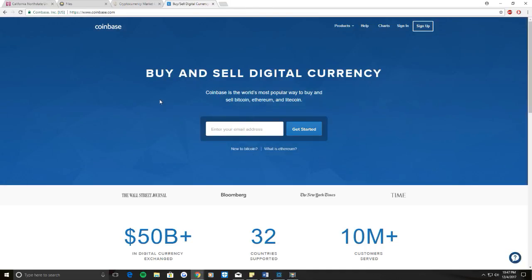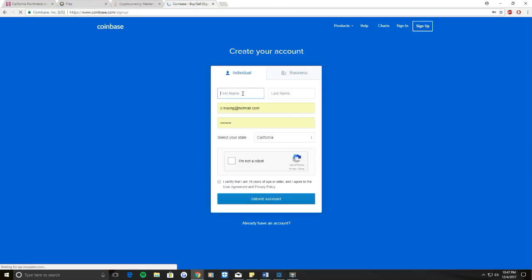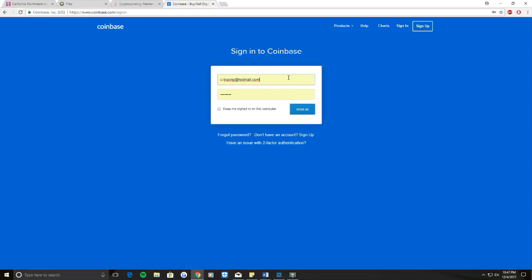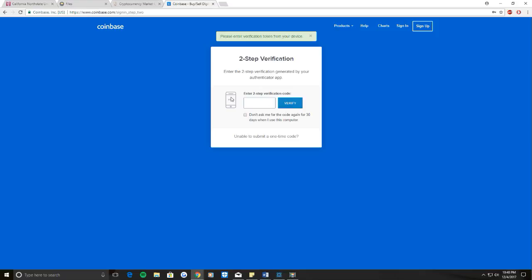We'll log off here. Okay, so you're going to do a sign up. Put your information. This is essentially like you opening up a new bank account. Okay, they're going to ask for a lot of personal information. They're going to want to see a picture of your guys' ID, the utility statement to verify your address, and